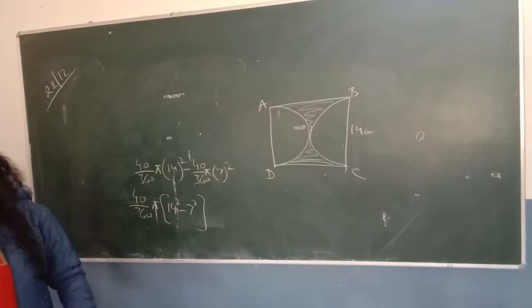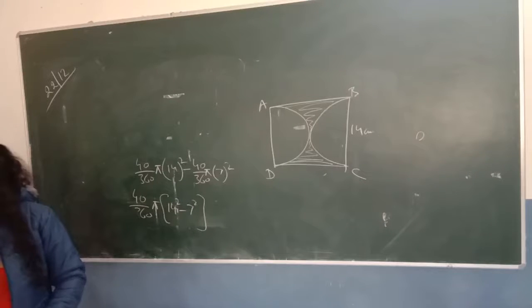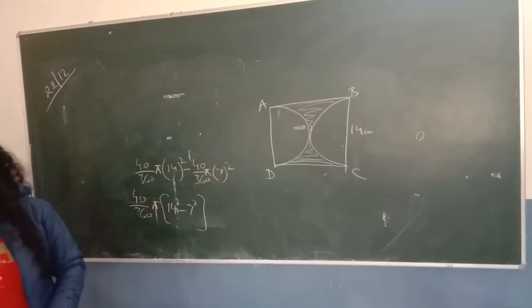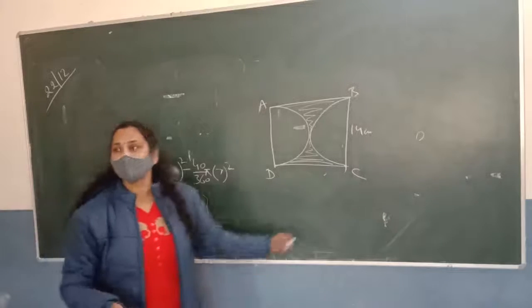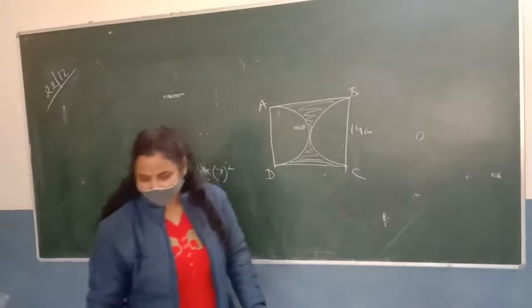But we don't know the area of circle. Anshul, what is the area of semicircle? Pi r square upon 2. Area of circle is pi r square, divided by 2 is the area of semicircle. Is it clear? Okay. Sit down please. Can you do yourself? Yes. Okay. Now the next question.